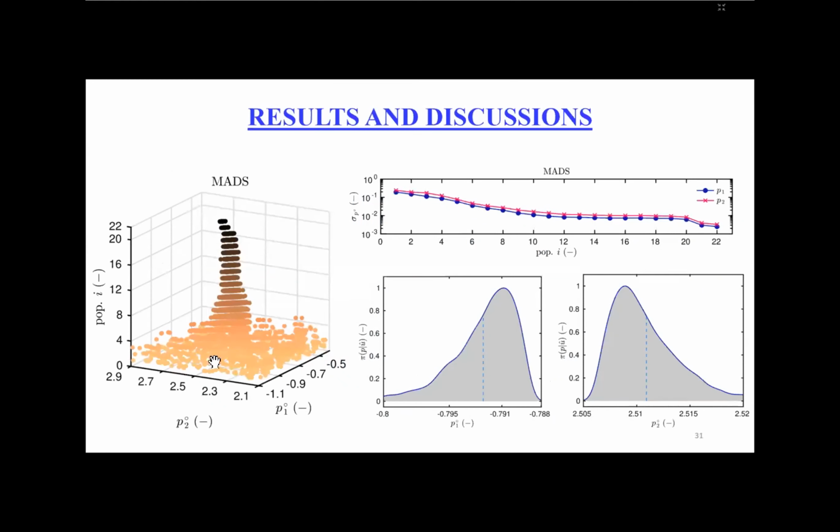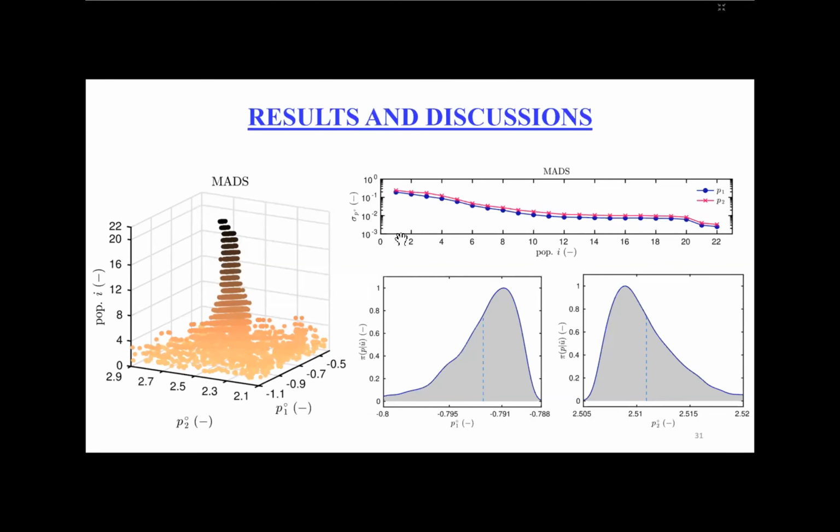It's also interesting to note the dispersion of the samples of the parameters as the population evolved. So in this figure here, we can see the increase in the population number. These are the parameters, and each dot here represents one of the samples of the parameters at each population. As the populations advance and the model better reflects the experimental data, the variation of the parameters